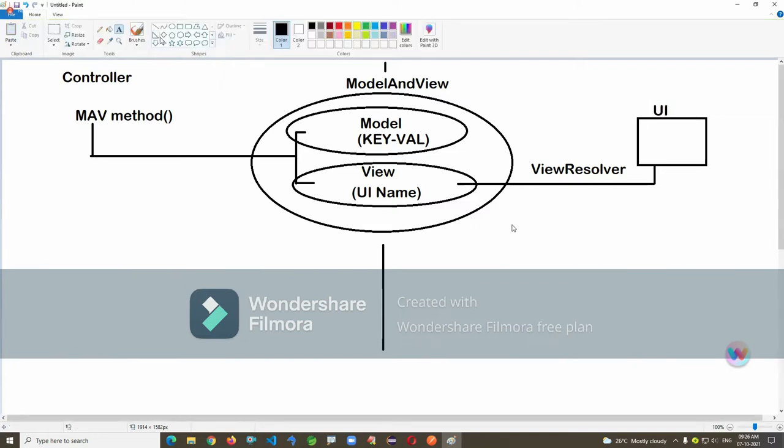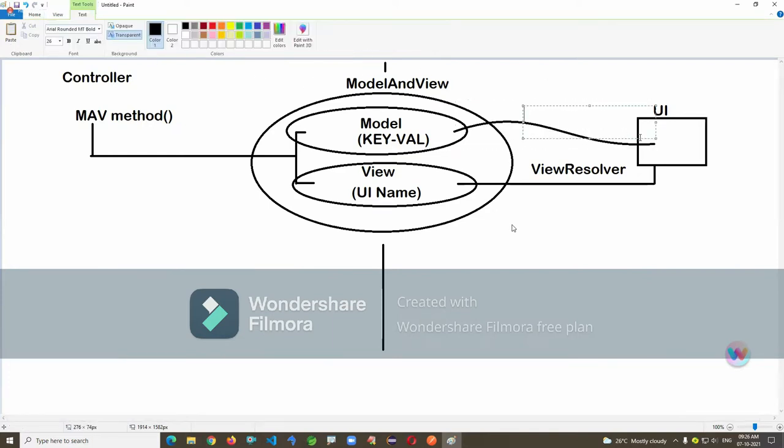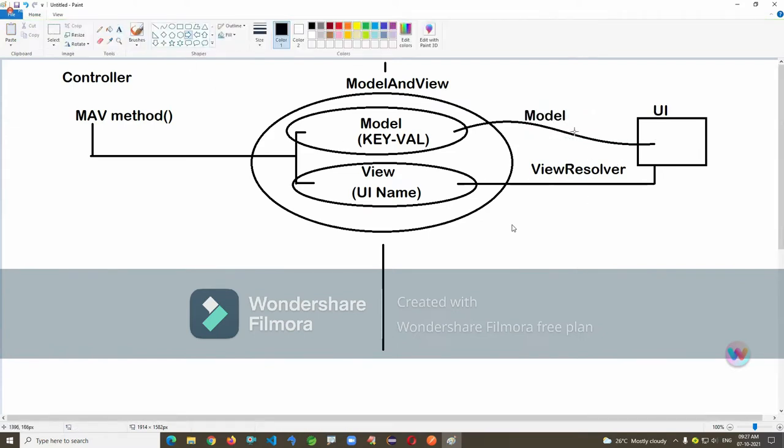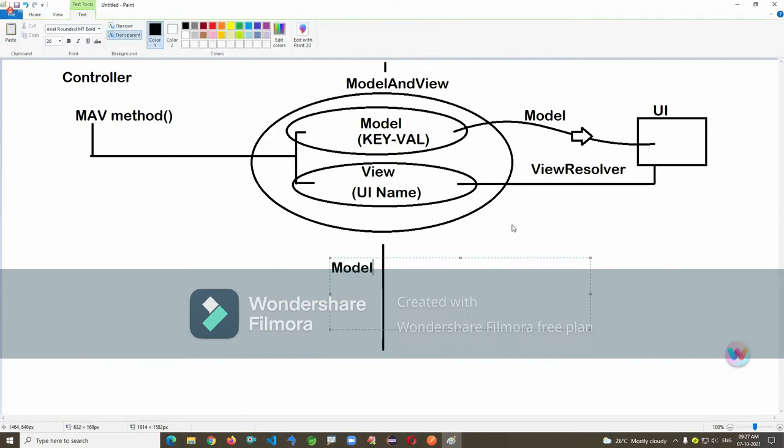Then it is going to read the data from model memory. It reads the data from model. So this is the old concept. Now this is completely replaced with the new concepts here. Model and view is the old concept.